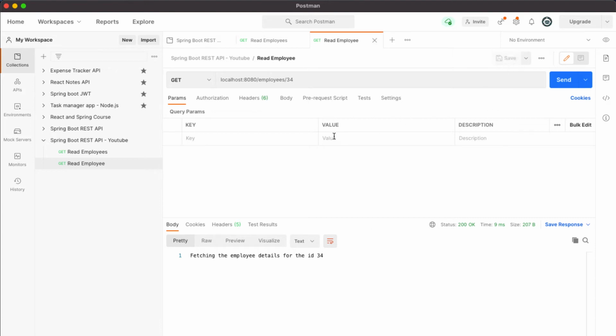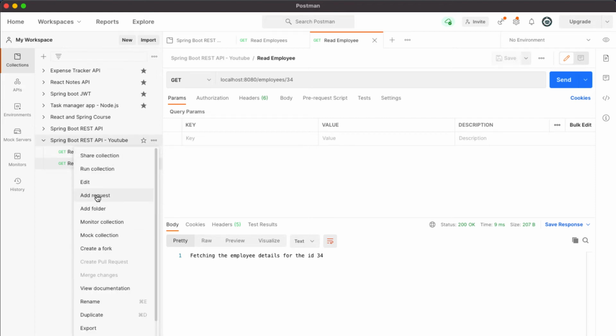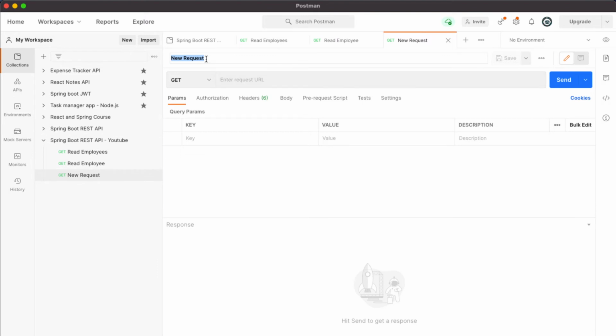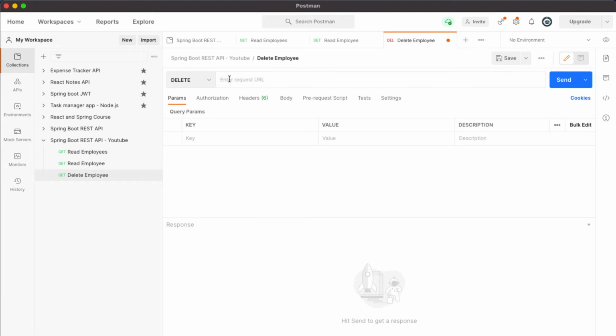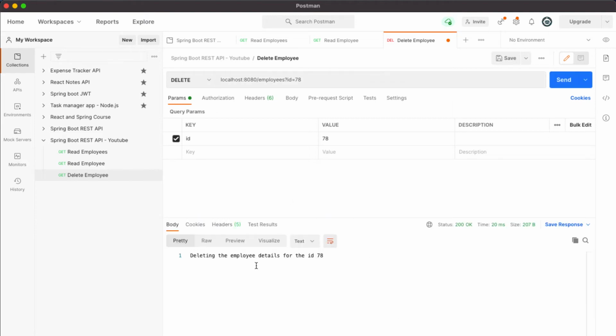You can click on this save, and let's go ahead and add one more request. The request name which is delete employee, and this will be the DELETE HTTP method, localhost:8080/employees/78, and when I click on this send we should see the response deleting the employee details for the ID 78.